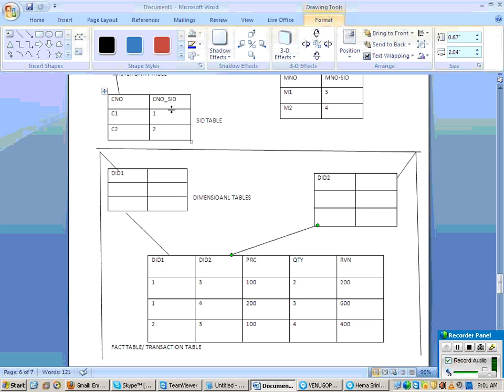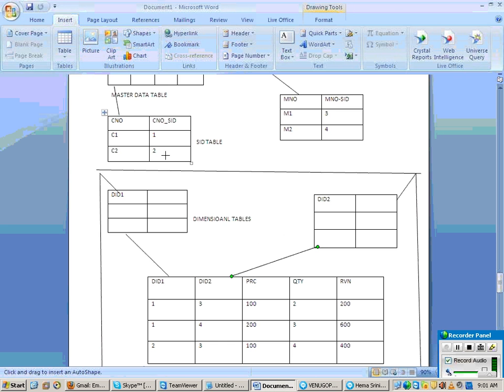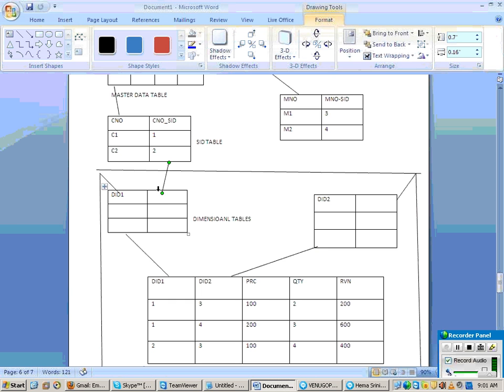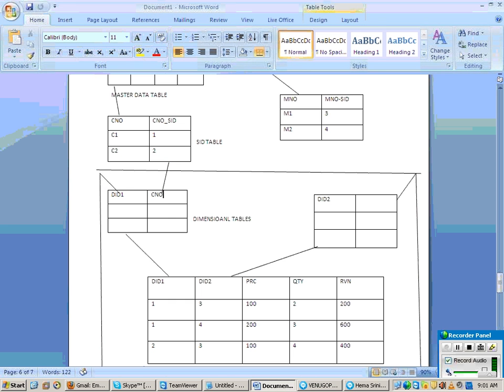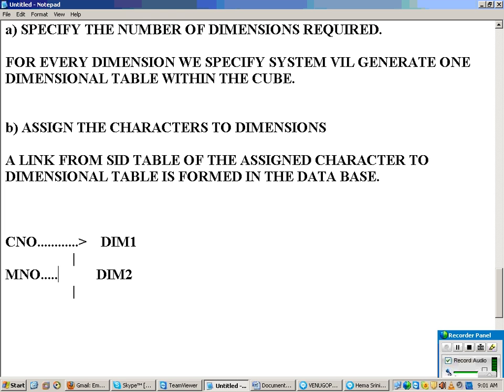So front end I assign the customer number character to the dimension table, but what exactly happens inside the database is a link from the SID table of this customer to the dimension table is formed. What field will it take here? Customer number in the SID. Same way, I am assigning the material number character to the second dimension.